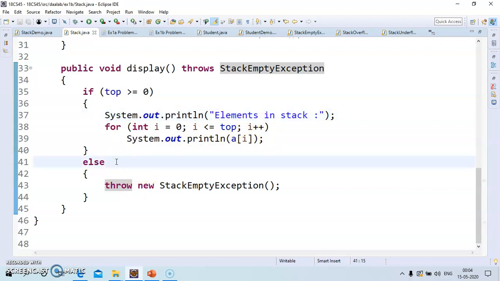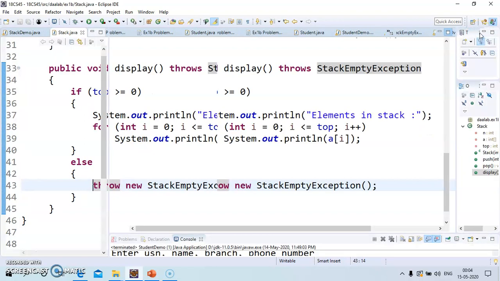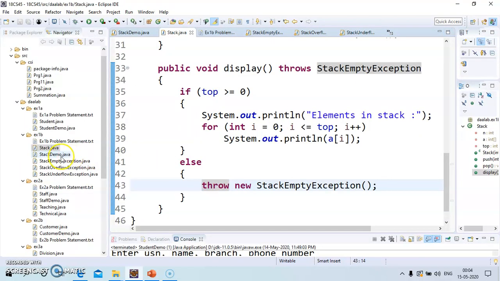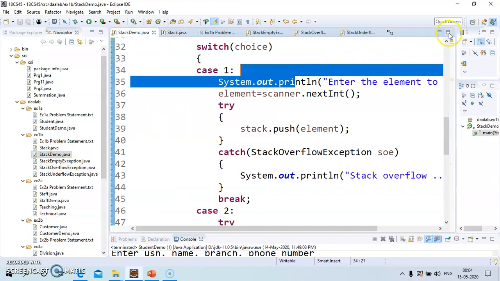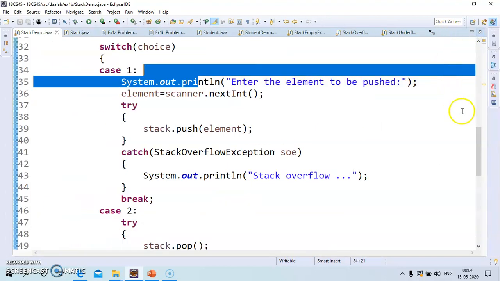Otherwise, if there are no elements in the stack, throw the StackEmptyException. Please note that there is no main method here, so we have to write one more class called stackdemo.java. There we are going to write our main method.